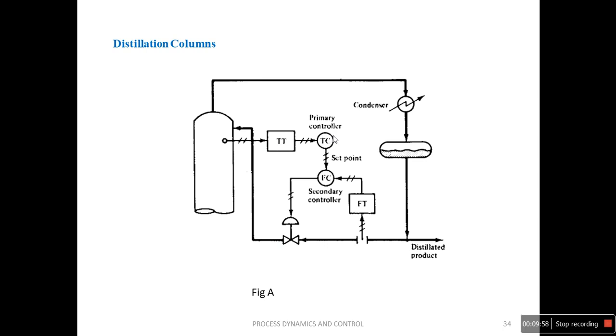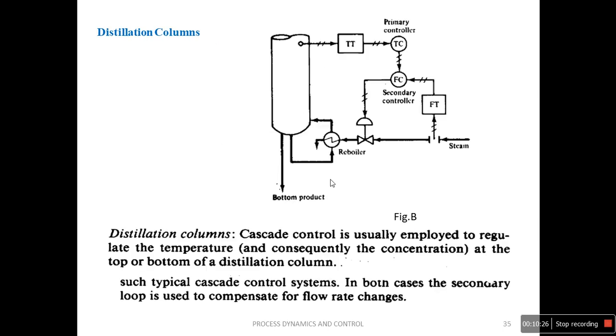with the set point provided by the operator, and then there is a secondary process that measures the output distillate product flow rate, and that is compared with the set point provided by the primary controller, and according to the deviation it provides the changes in the flow rate. So here also you can observe the primary controller is the temperature controller, and the secondary controller is the flow controller. In a similar way, for this diagram also, the primary controller is the temperature controller and the secondary controller is the steam flow controller.